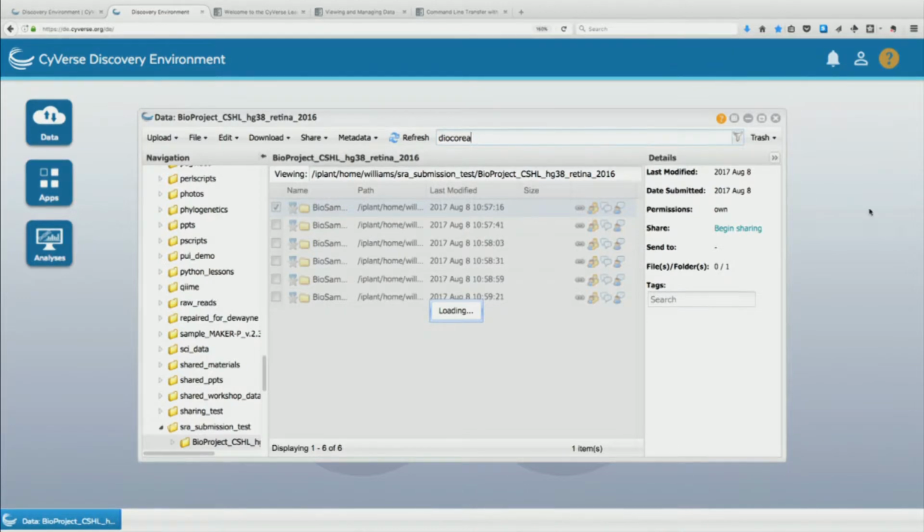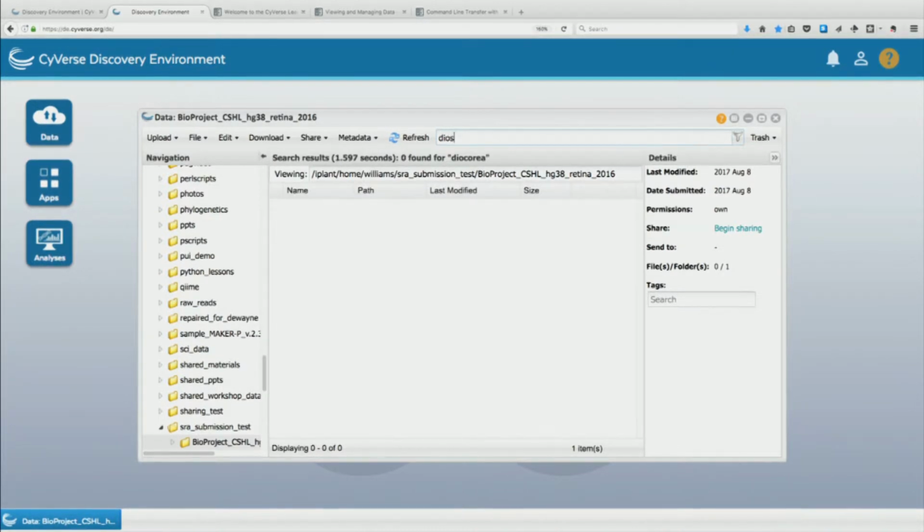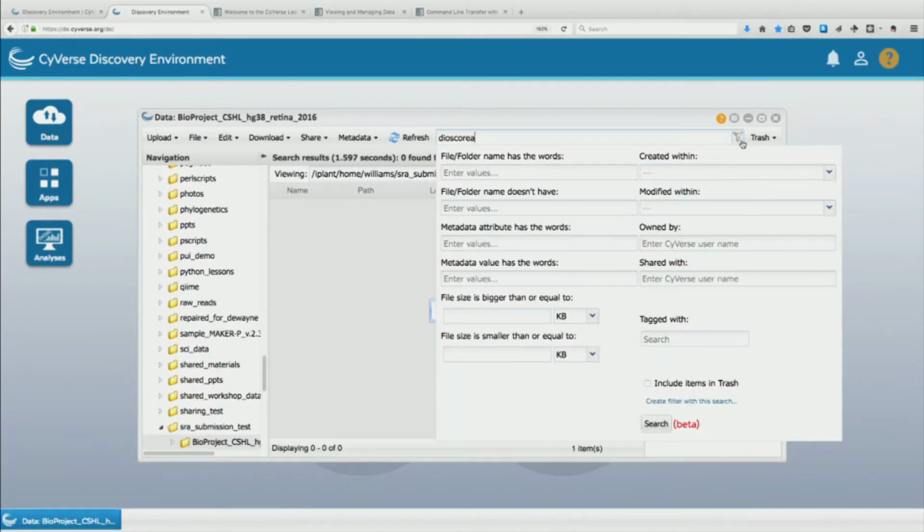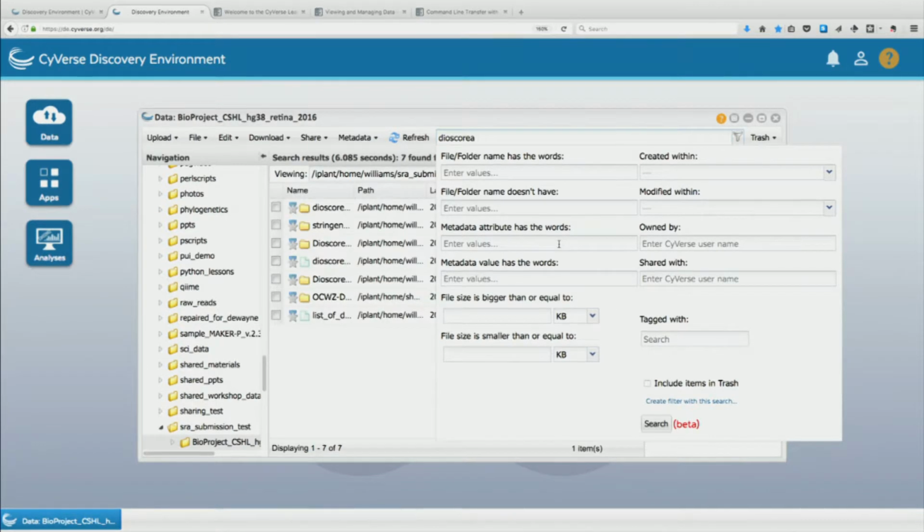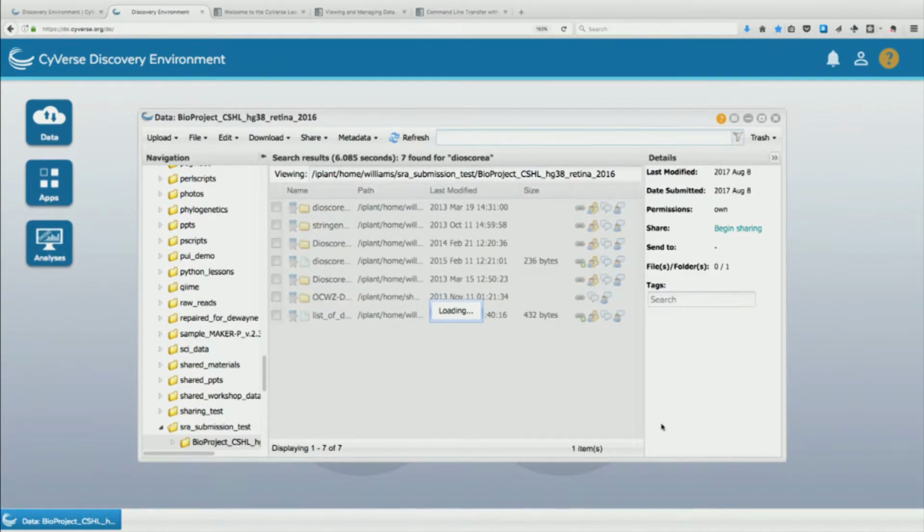I can search everything in CyVerse using just this sort of simple search. But if I spell it right, I'll get better results. If I use the advanced search with this little funnel here, I can actually search according to metadata attributes, values, and units. So for example, if I had the value genus as a metadata attribute, and I had Dioscorea as the value I'd want to pull back, instead of getting all those irrelevant results, or potentially relevant results, or just more results than I want to look at, I can exactly search for things according to whatever metadata